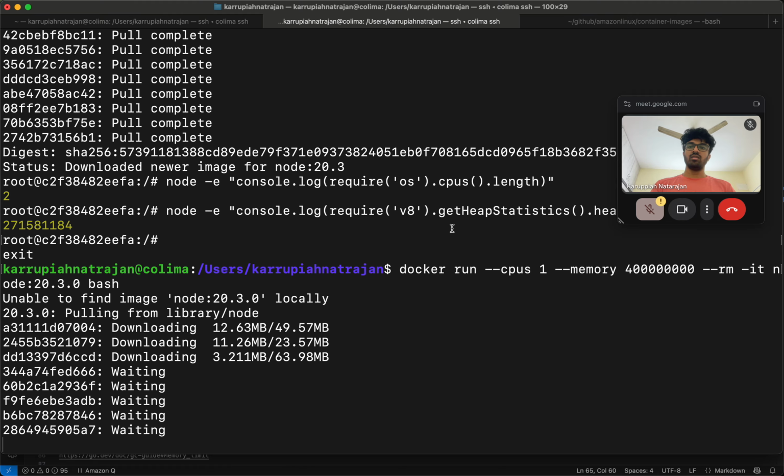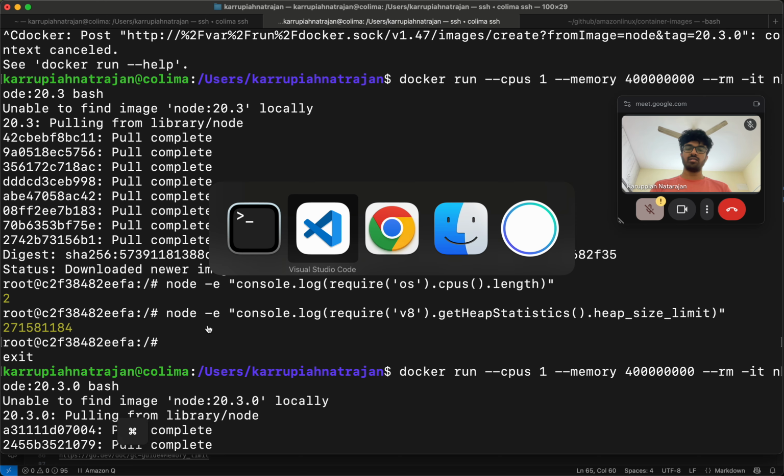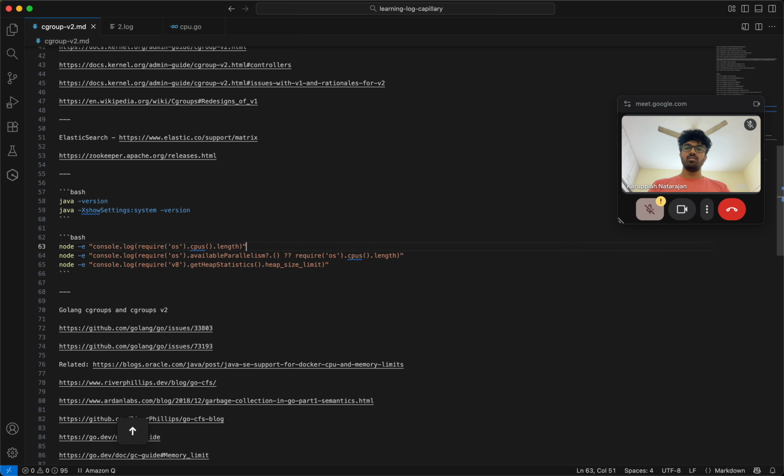Interesting. 20.3 is different, 20.3.0 is different. I think 20.3 gets the latest. That's why it's working. So it is working. Oh no, it's not working. It says 2 though. Interesting. We will try that out.